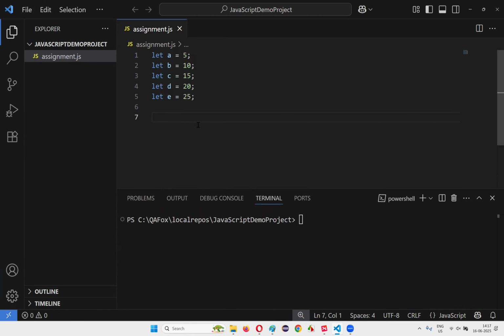Instead of writing these 5 statements, what can I do? Can I convert these 5 statements into a single statement? Yes, it is possible. You see, before this semicolon itself, put a comma here and take this b is equal